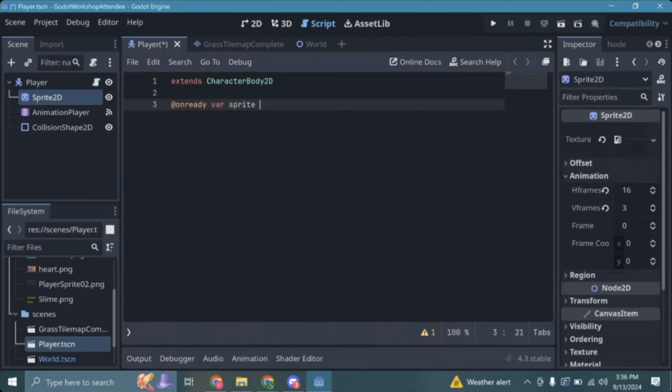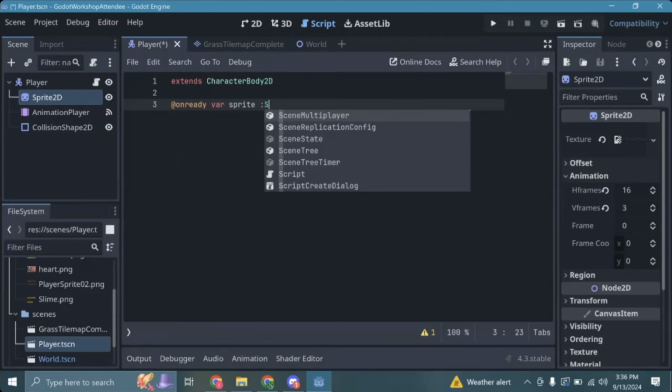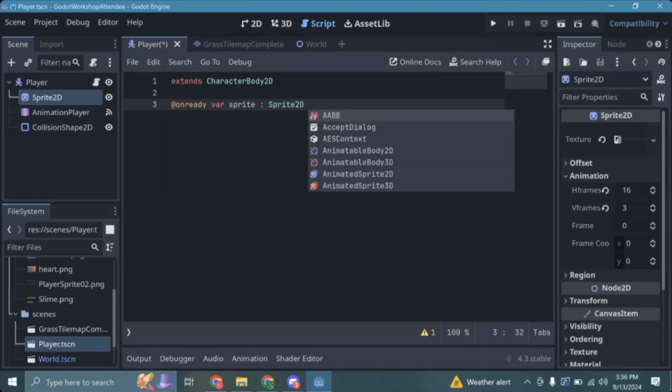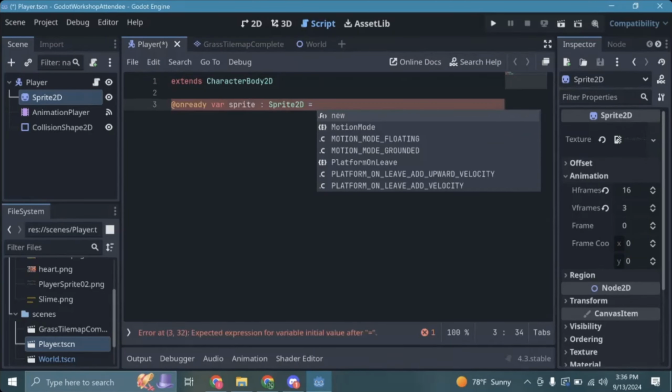All right. And then this is what I was talking about when I was talking about the dynamically typed-ness of GDScript. So technically you don't have to do this, but I like to, but you can specify what type your variable is going to be. I've heard this helps with performance, but you don't have to do it. I just like doing that, and also for me it helps with just knowing what something is already supposed to be. And then you're just going to put equals, and then now you're going to call the node from